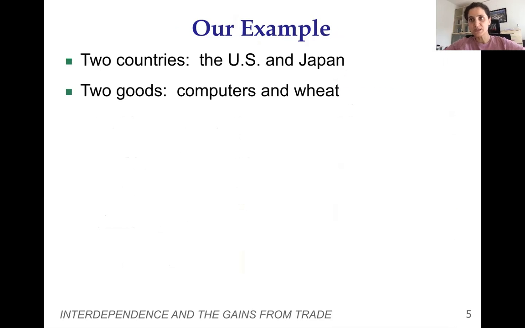So we are modeling, so we are simplifying things. Okay. So they are producing computers and wheat. So we chose these products so that they do not affect each other. Okay, we are not looking at computers and cell phones, etc. Okay, one is from agriculture, one is from the